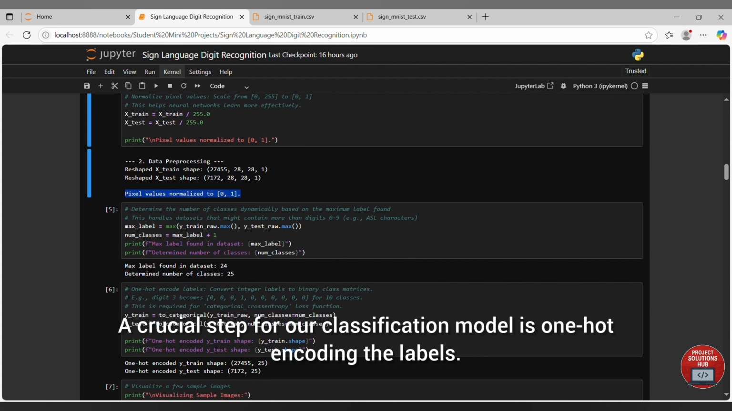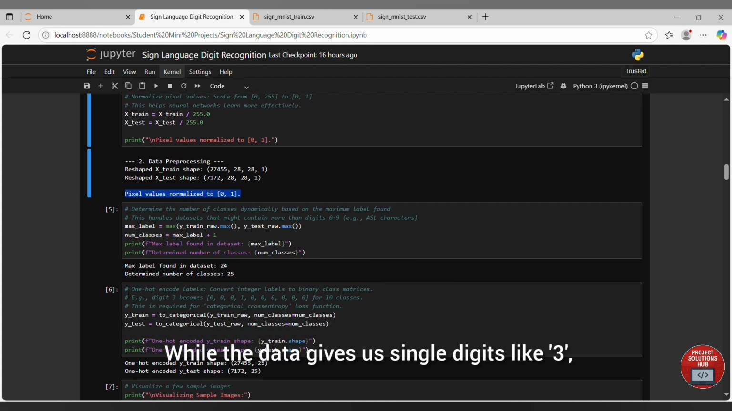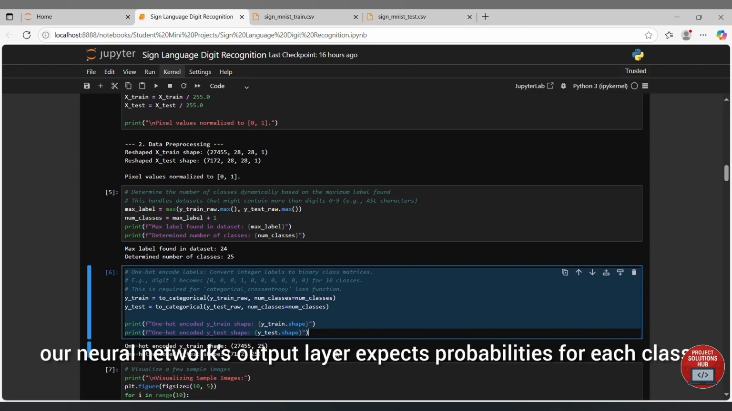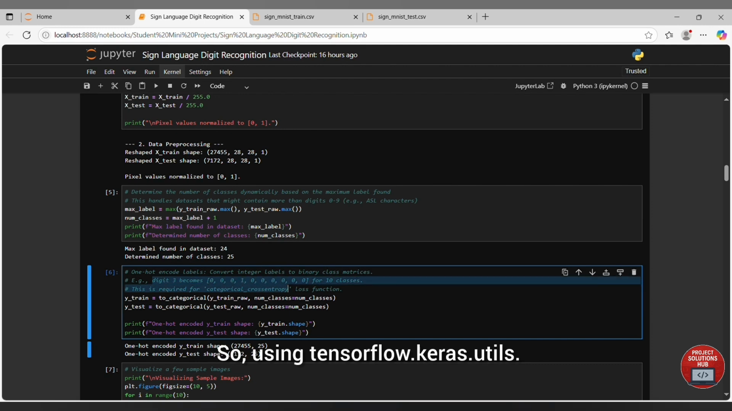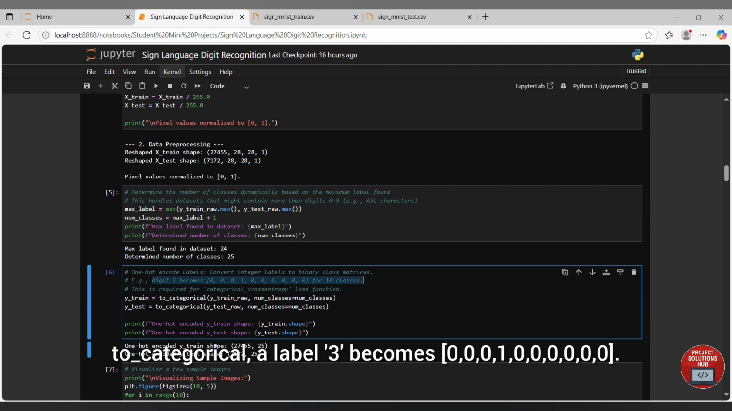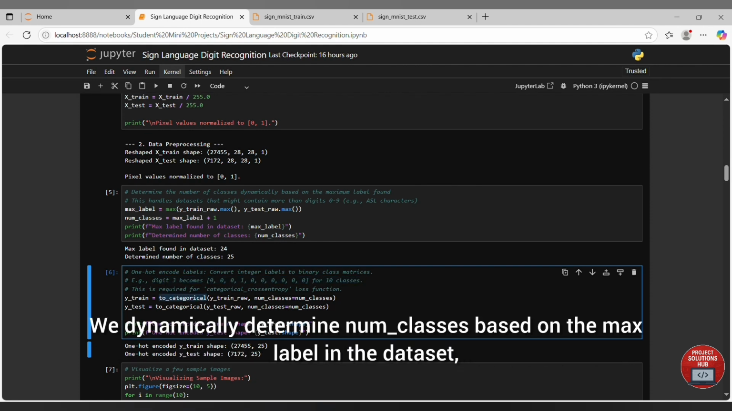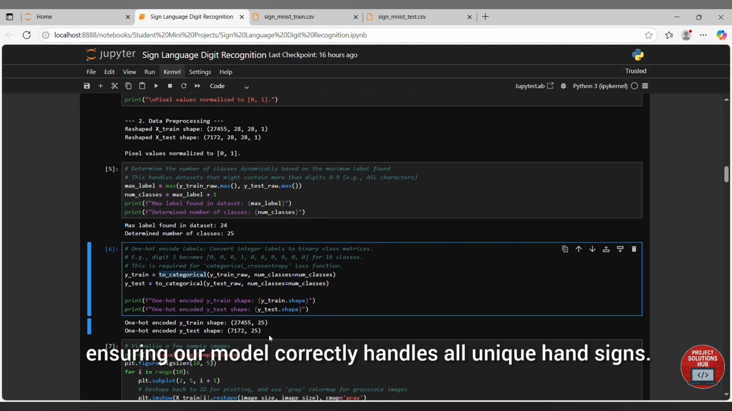A crucial step for our classification model is one-hot encoding the labels. While the data gives us single digits like 3, our neural network's output layer expects probabilities for each class. So using tensorflow.keras.utils.to_categorical, a label 3 becomes 0, 0, 0, 1, 0, 0, 0, 0, 0, 0. We dynamically determine num_classes based on the max label in the dataset, ensuring our model correctly handles all